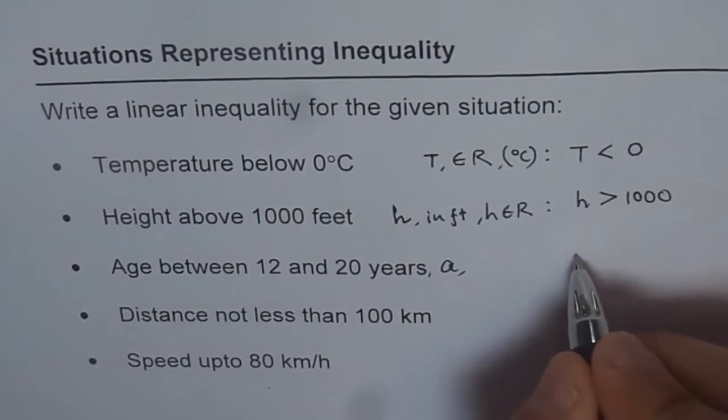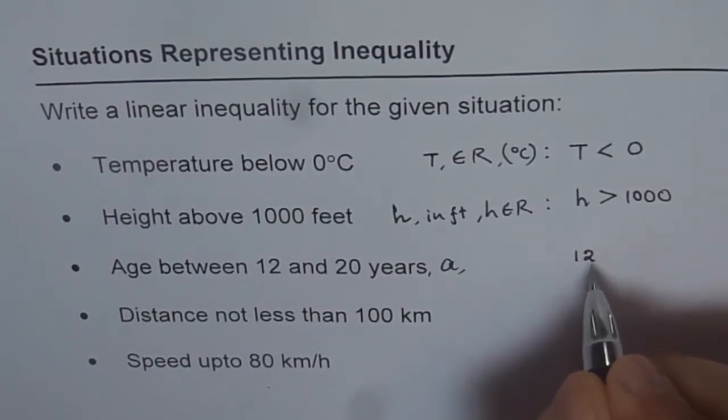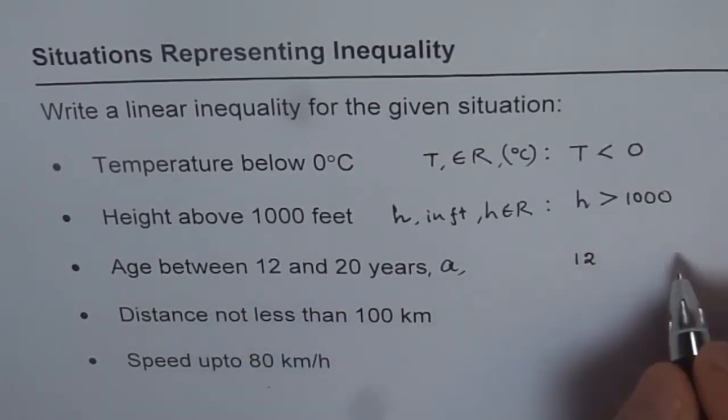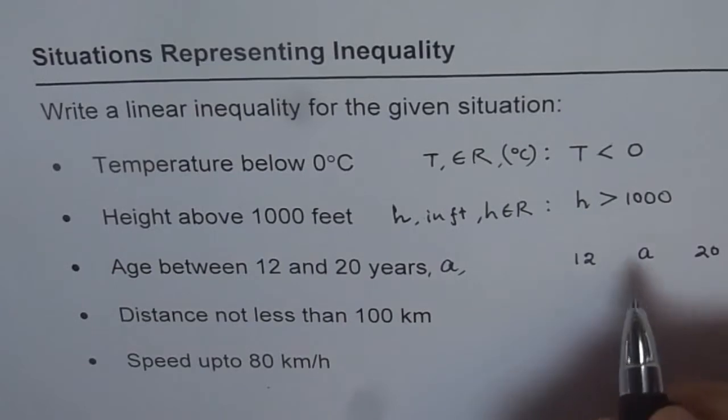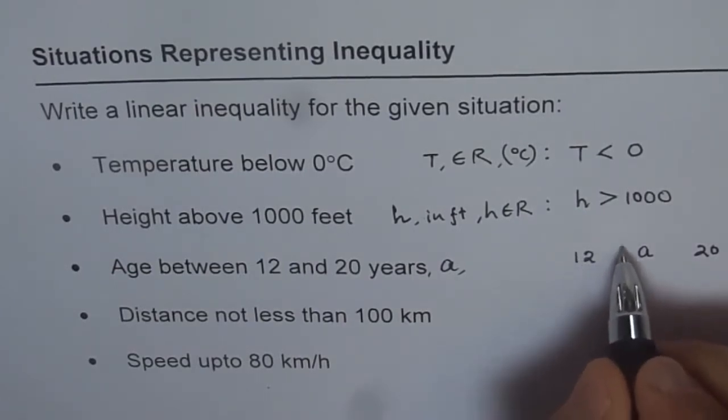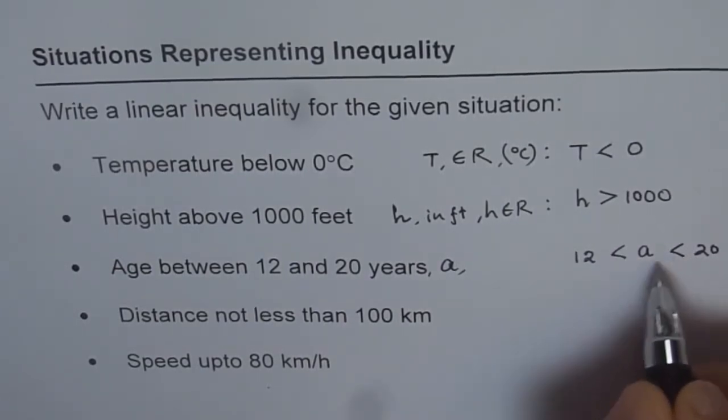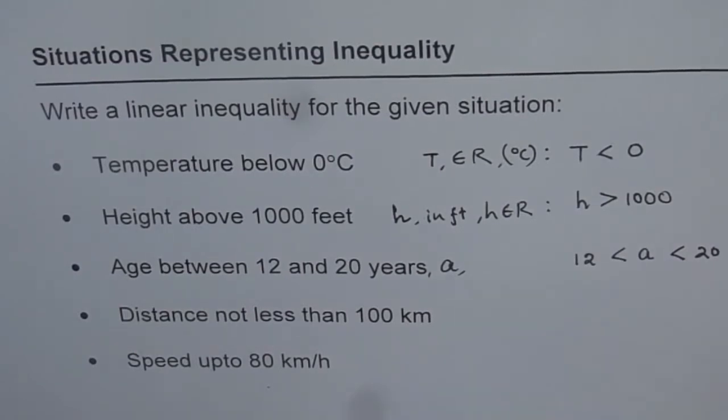That means we are given two boundary conditions this time. Lower bound is 12 and maximum is 20, right? And A, the age, is in between these two. Now age has to be greater than 12 and less than 20. So these are the symbols which represent